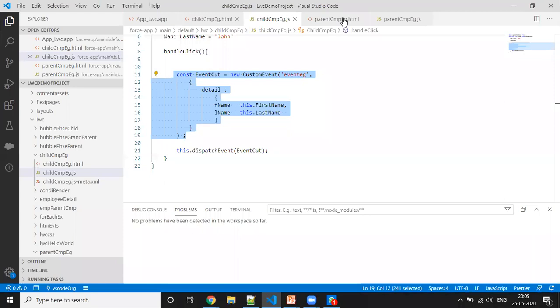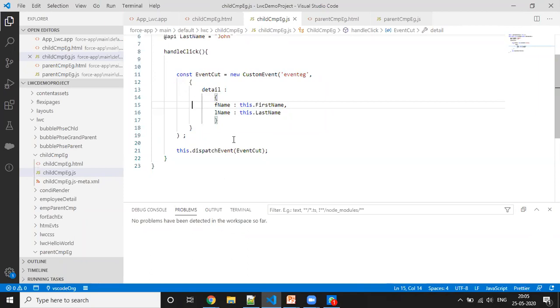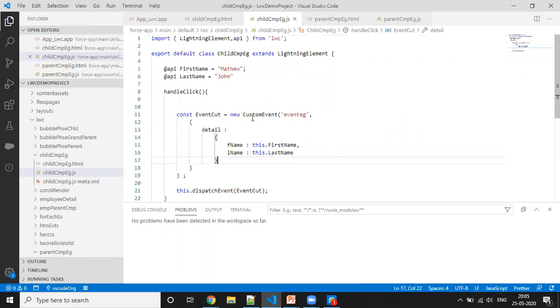One thing to add here: from child to parent, if you have to communicate, this at API is not necessary. It can be private also. But from parent to child, if you want to communicate, then it has to be with the at API decorator. In this case, we are going from child to parent.